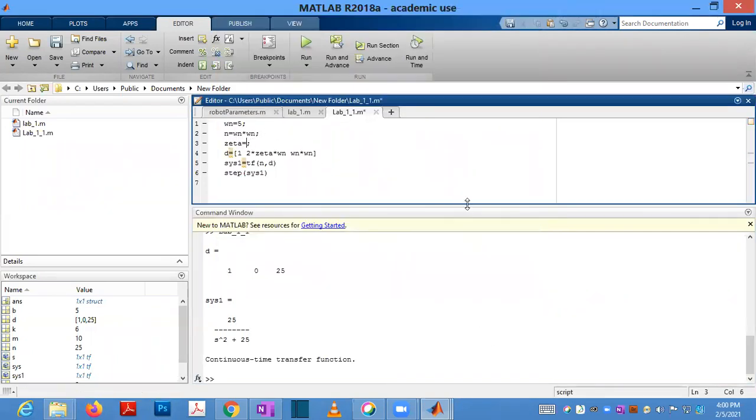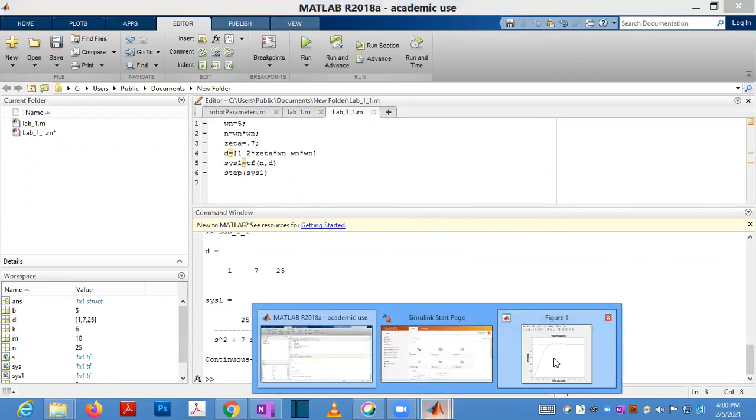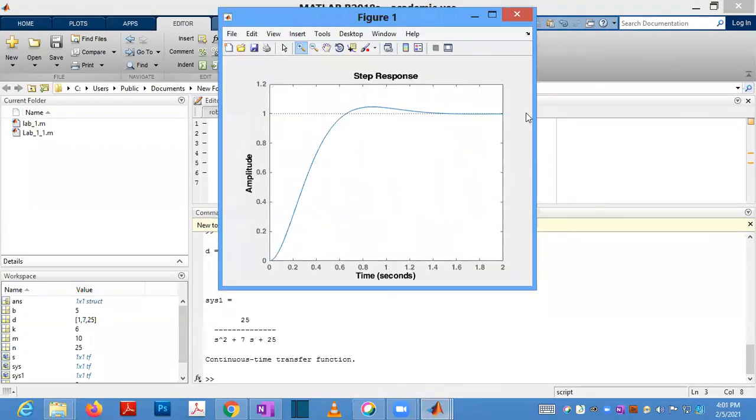Now I am changing the zeta value to 0.7. This is called an underdamped system. That zeta value between 0 and 1 is called an underdamped system. And I am running this one, you will get that response like a step response.